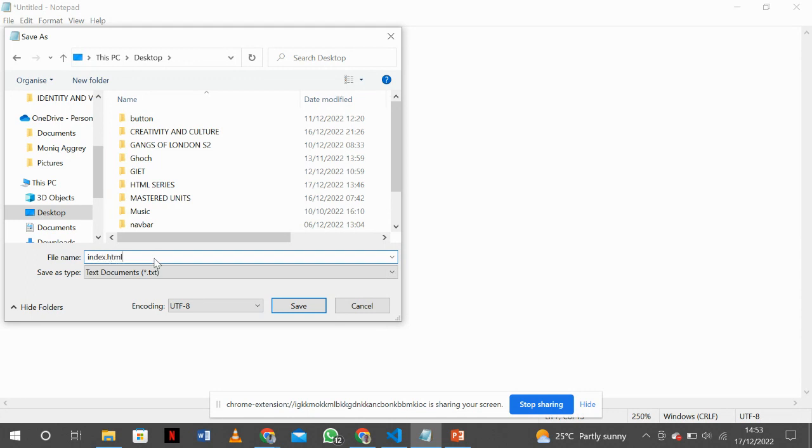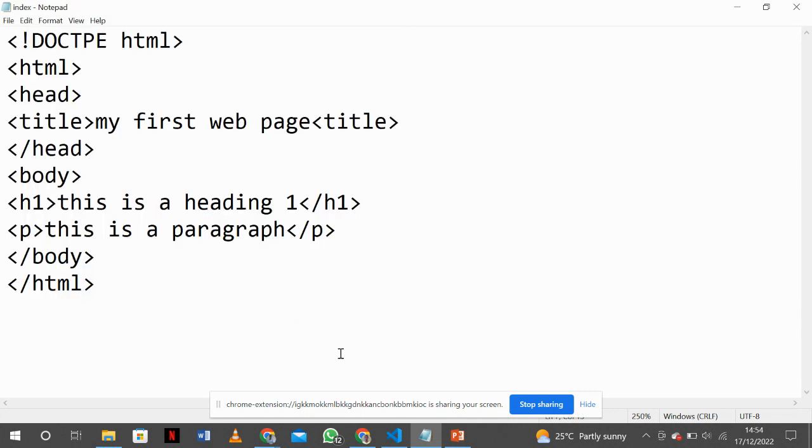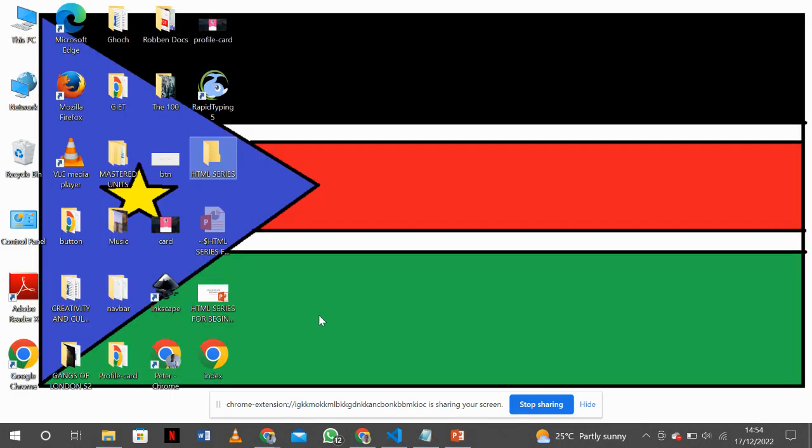index.html. For a browser to identify that this is an HTML document, the extension must be .html. The name before it is not a must. It's not a must for you to say index, but any name you choose must be declared with .html, and save it there. Now coming to our browser,